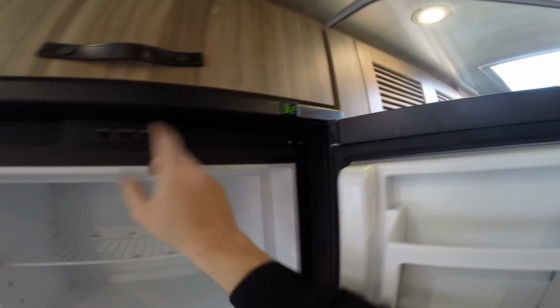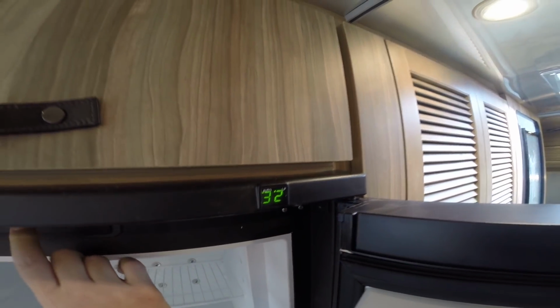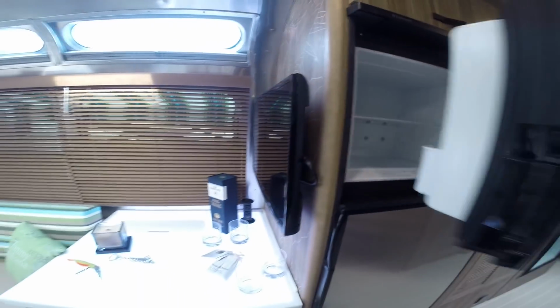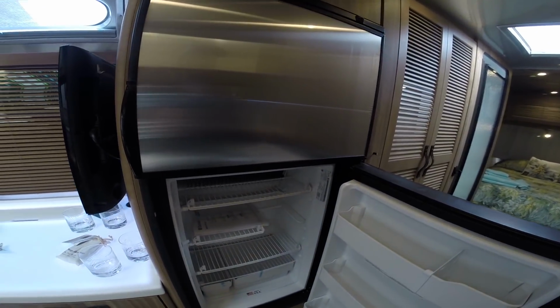So right now we're in auto. I can manually put it to gas, which we were on before, or I could just leave it on auto because we're plugged into electricity, and then we could shut it off when we're all done. Now, this refrigerator is designed so you don't necessarily need it on when you're towing the